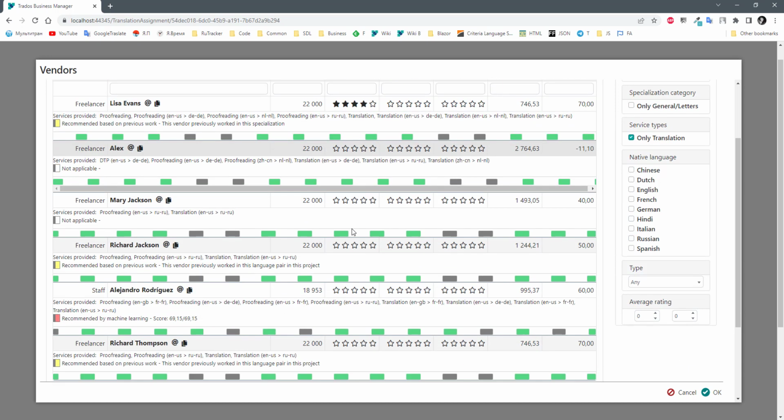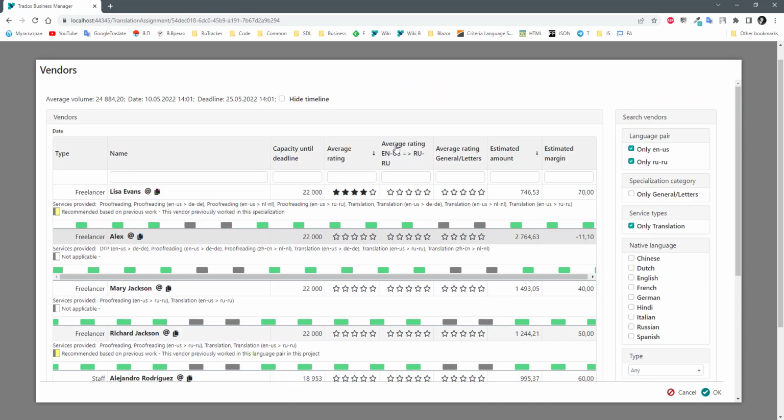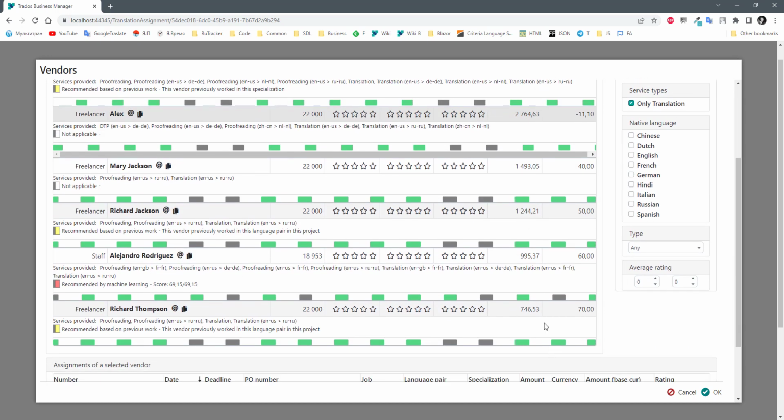Additionally, you can find the average rating for each vendor, then the average rating in the assignment language pair. This is not supported and not displayed in the drop-down list. Average rating in specialization, and then estimated amount and estimated margin columns, which could be pretty useful and important when